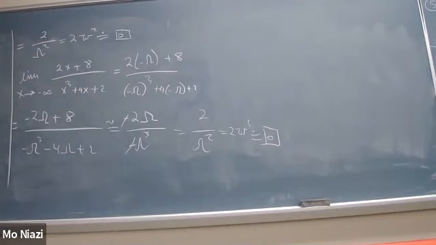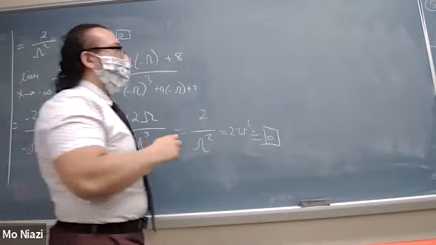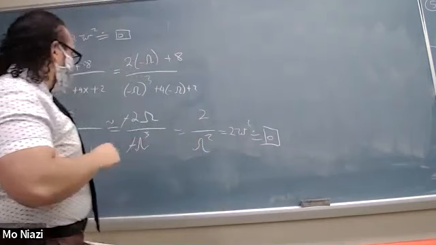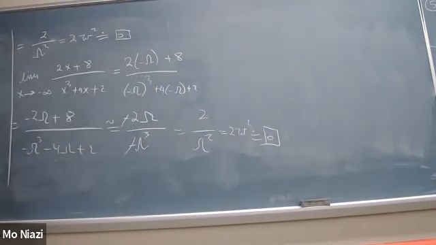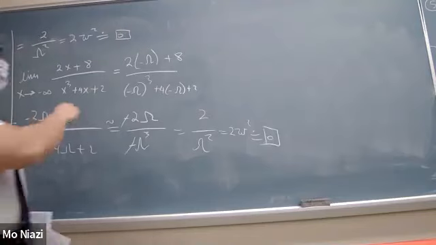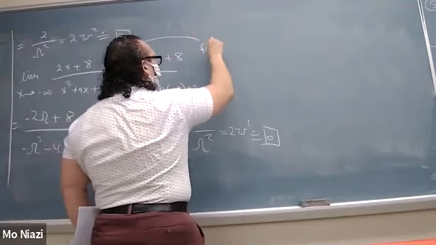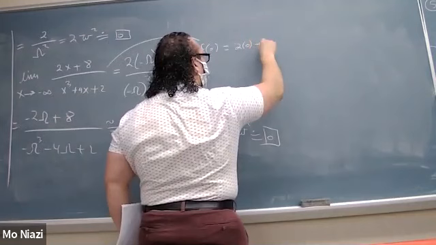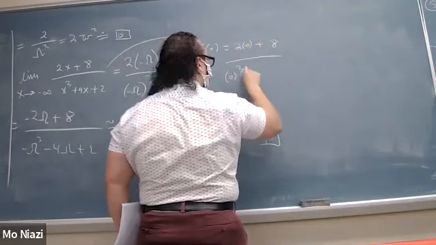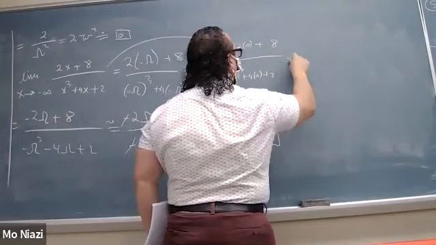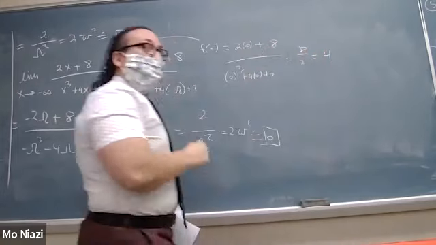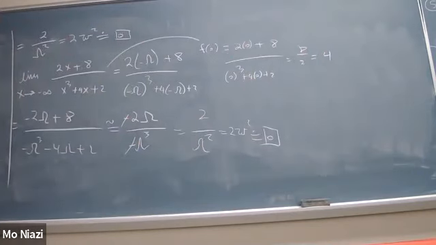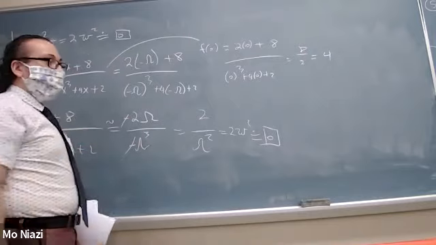Now, graphically, what does all this mean? Graphically. At 0, it's discontinuous. Well, at 0, what do you mean it's discontinuous at 0? Yeah, like there's kind of like a hole in the graph. Not necessarily, because if you evaluate f of 0, you get 2 times 0 plus 8 over 0 cubed plus 4 times 0 plus 2. This is 8 over 2, which is a 4. No hole there, right? This means when you plug in really large values, the function asymptotically approaches 0 in this